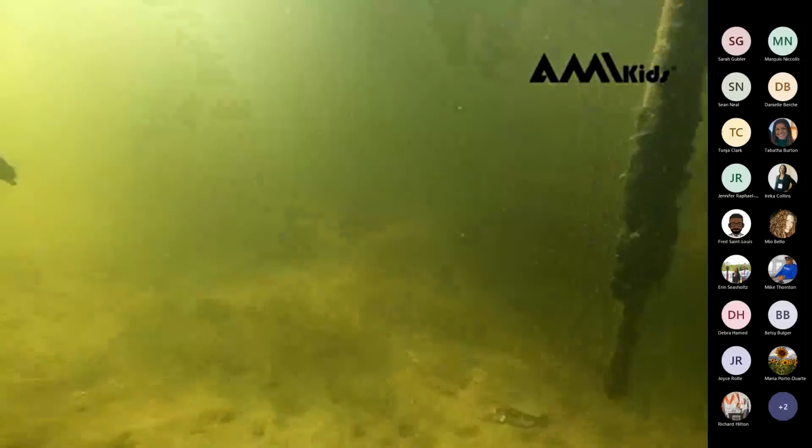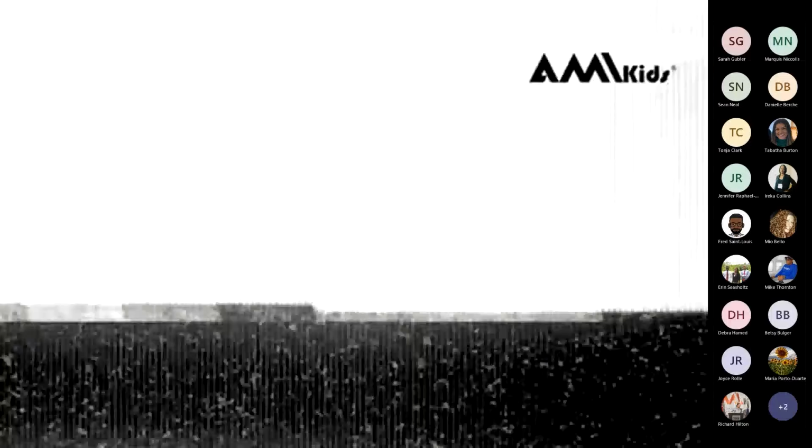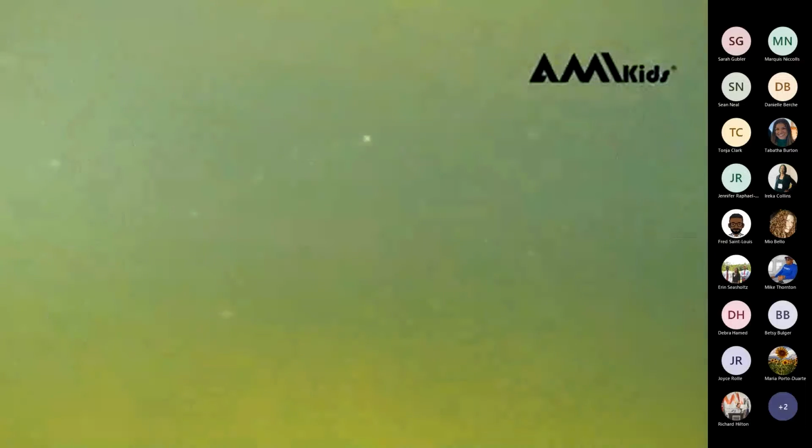Awesome. Okay, so we have some mangrove roots here. Remember, these are the red mangrove roots. You might see some barnacles attached. All right, a little bit of seagrass there. All right, now we're up at the surface, looking at those leaves again, ducking back down. See what else we can find.